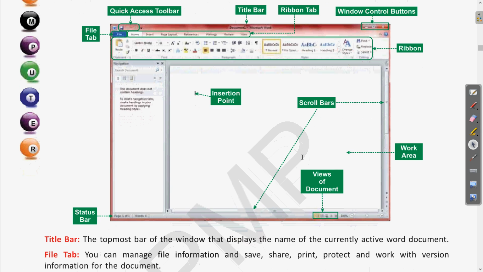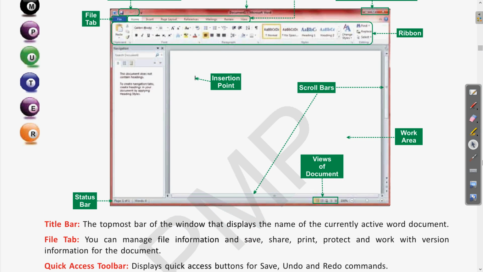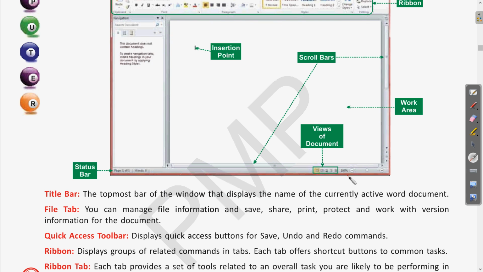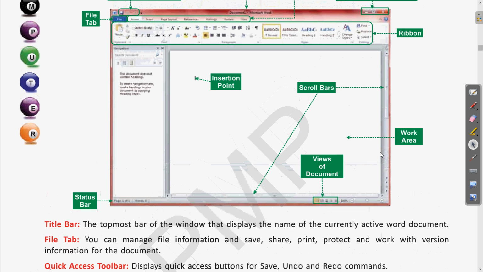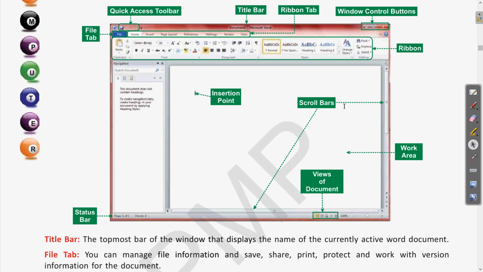Next is the file tab. Let us see this file tab. You can manage file information and save, share, print, protect and work with version information for the document. So the file tab can be used to manage different information, and other related operations will be shown in the file tab.